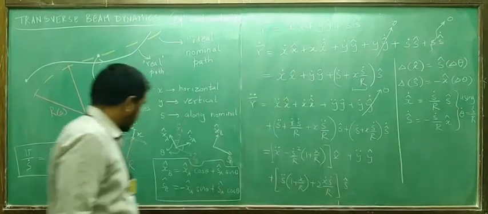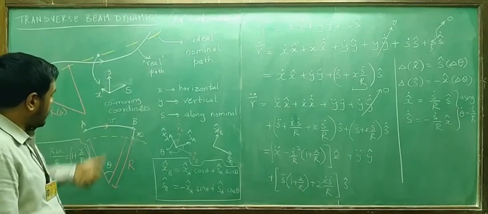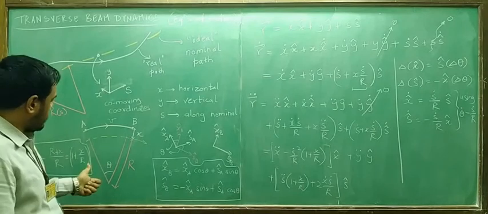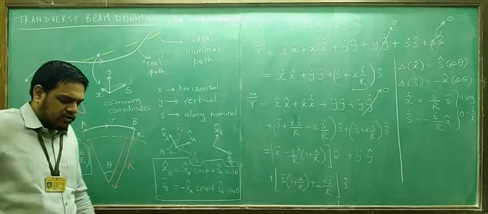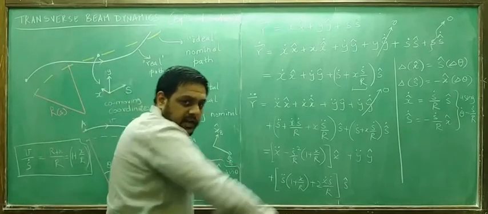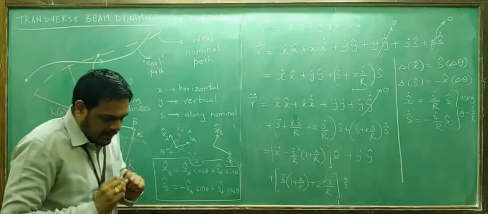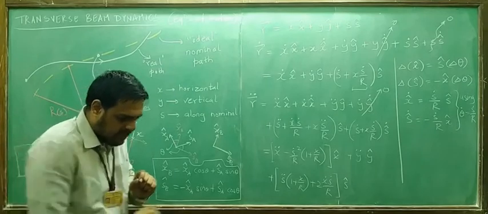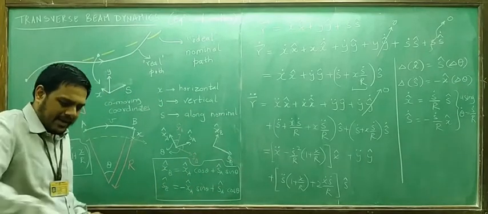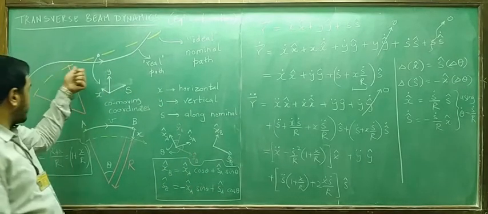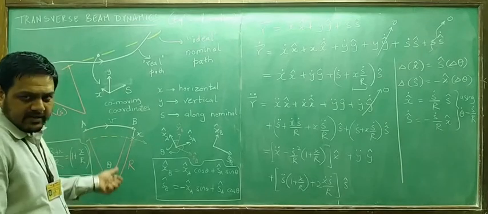Okay. So in this co-moving following set of coordinates, we first of all had a look at if there is a local curvature in the nominal trajectory. We are assuming all curvature happens in the horizontal plane. There is no vertical direction design of the nominal trajectory. The nominal trajectory is in one plane, and in that plane it bends, and that bending is described by a local bending radius.